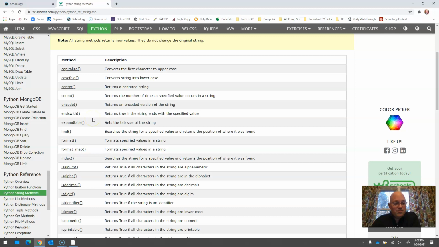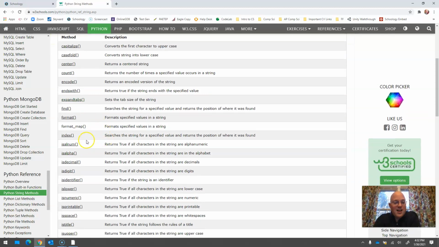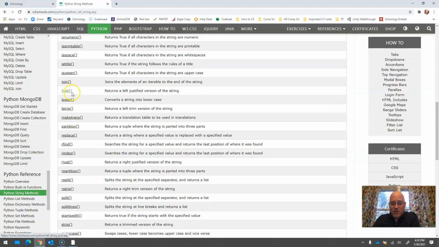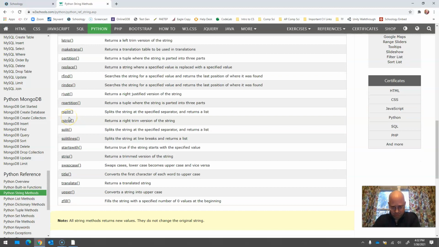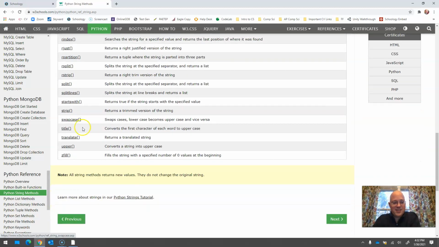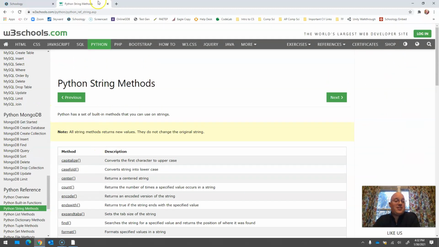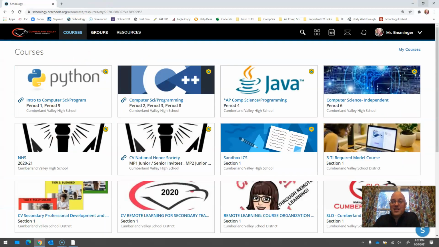You can do encode, like if you change all the A's to something different. You could do isalnum, are all the characters alphanumeric? In other words, letters and numbers but no special characters? Is it a decimal? There's so many commands out here. We have only scratched the surface of them,